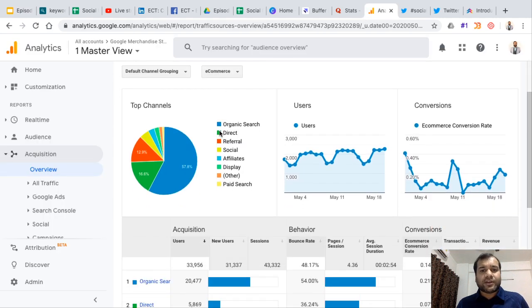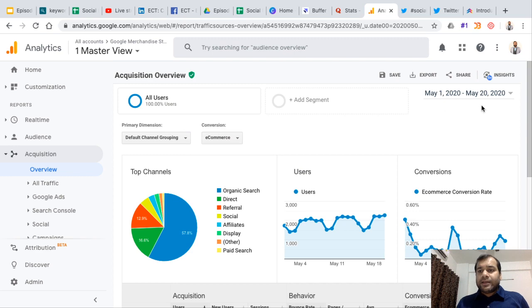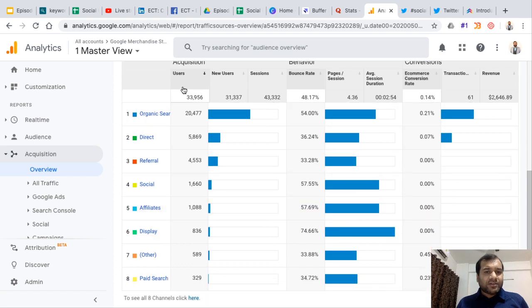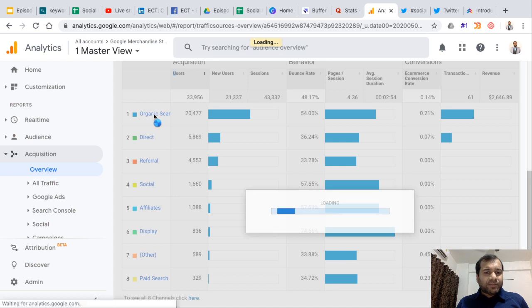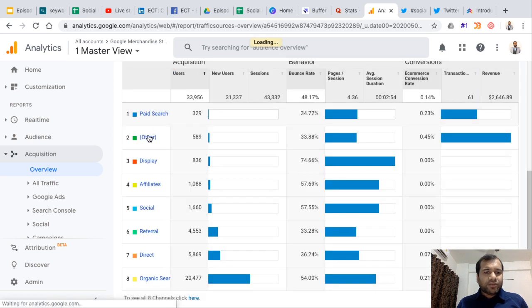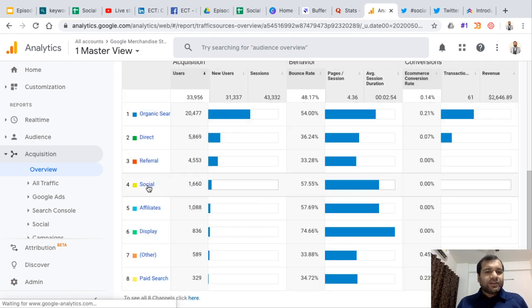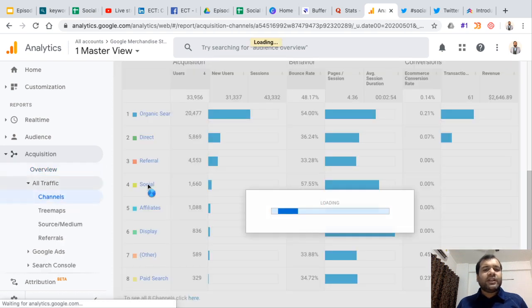I have taken this account, for example, and here I have selected the date from May 1 to May 20, and it is telling me that I have got this much traffic from paid search, other display, organic search. This is social. If I click here, I will see all the traffic which is coming from social.